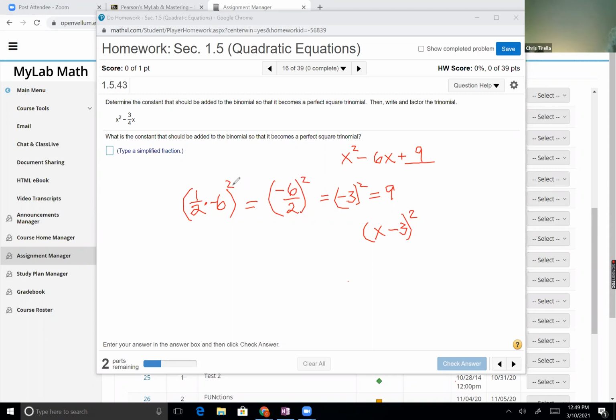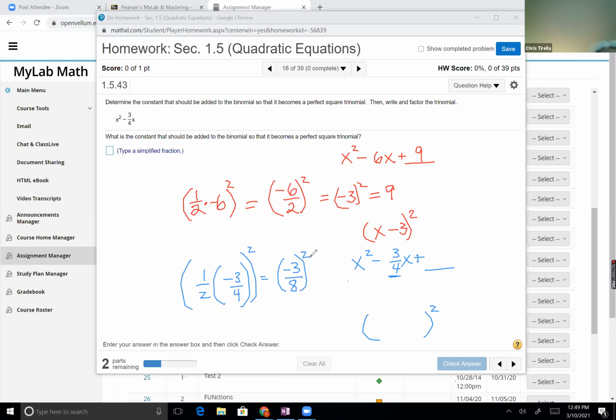But that's not the problem we have in front of us. The problem that we have in front of us isn't quite as pretty. We've got x squared minus 3/4 x, and we've got to decide what has to be added there and then how it would factor. But we're going to do the same thing. We're going to take that first degree coefficient, which is -3/4, and we're going to take half of it. But to take half of it, rather than dividing by 2, I'm going to multiply by a half because it looks easier that way with fractions. Doesn't that give me -3/8